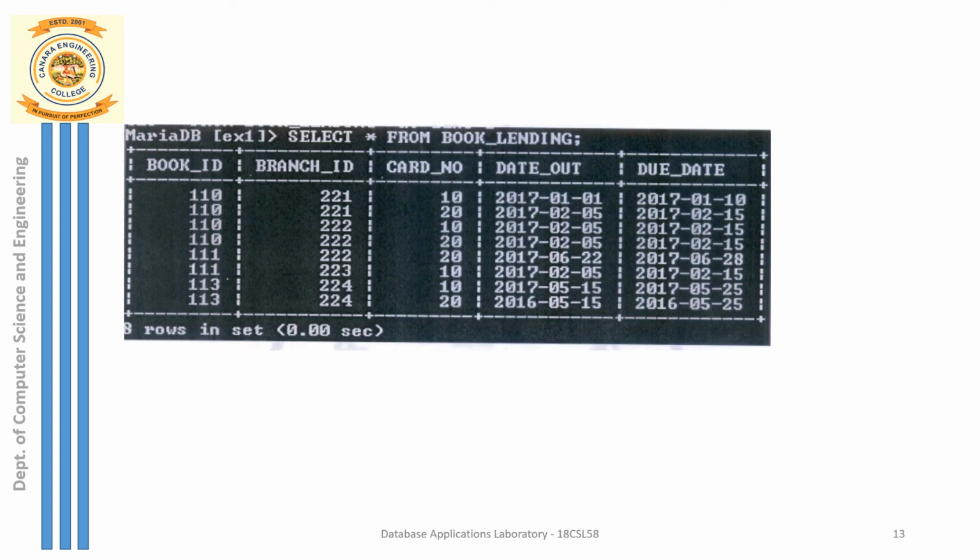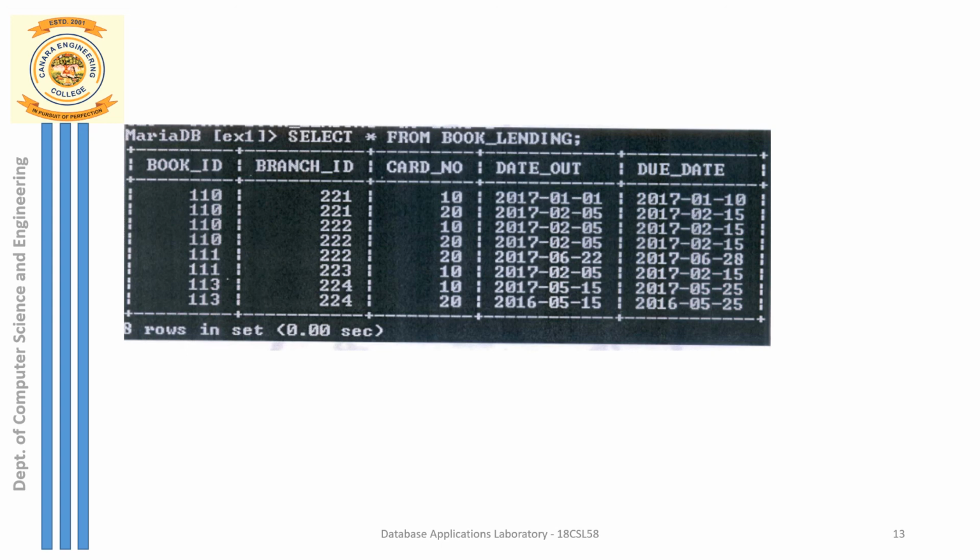Yes, so you can see the structure of this entire table, book lending. Of all the values inserted, the branch ID, which is the program ID, is derived from the library table, the book ID from the book table, and the card number from the card table. This is the issue date and this is the due date. Note that all these three attributes are foreign keys. Card number, branch ID and book ID are foreign keys referencing those three base tables.